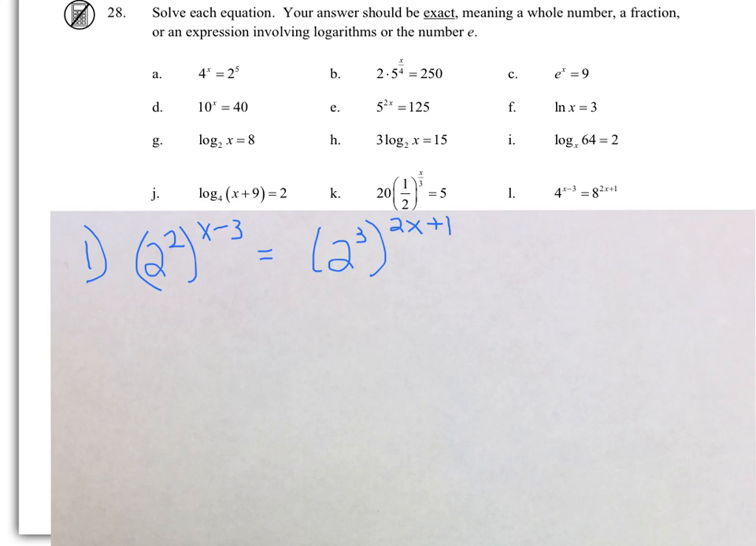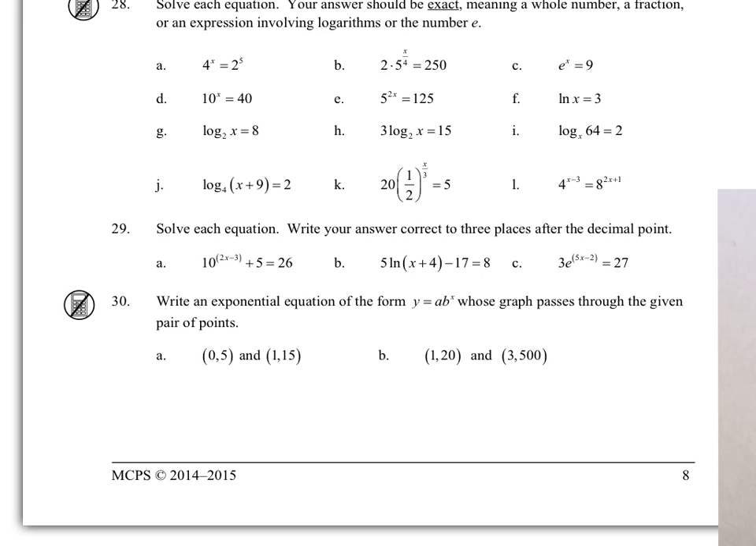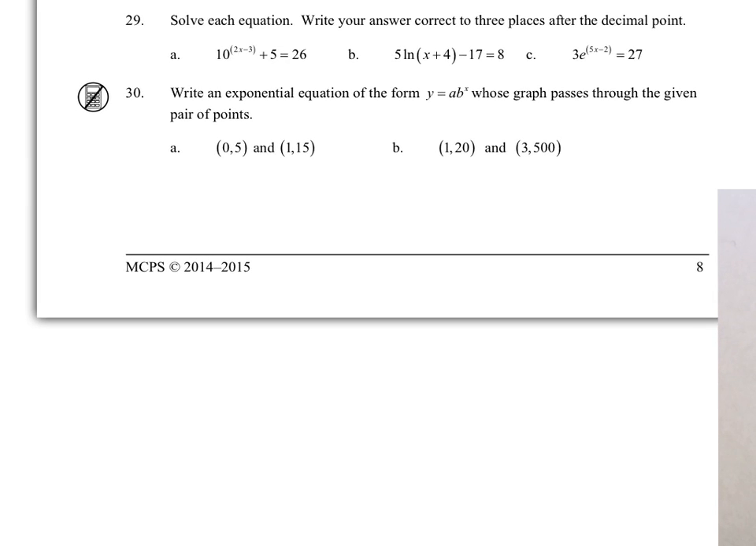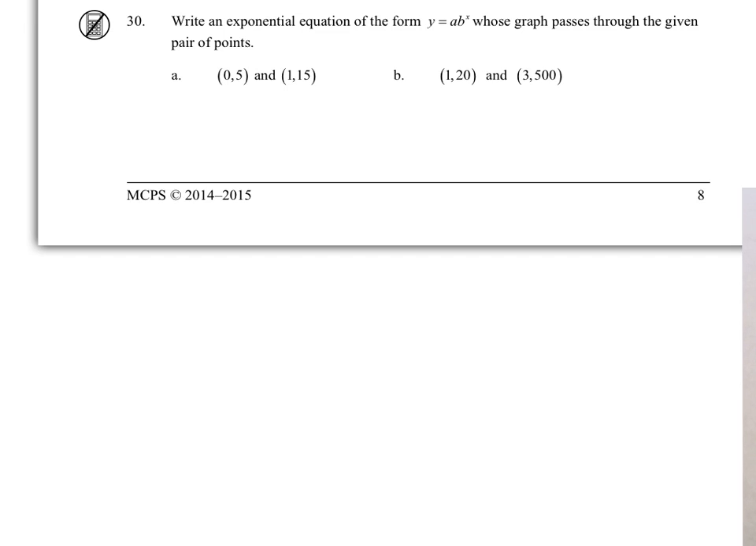When you have an exponent to an exponent, you multiply the exponents. We're going to move all the x's to one side, all the numbers to the other. So negative 9/4 is x. Number 29 is done in the calculator video, since that's a calculator problem. And now for 30,